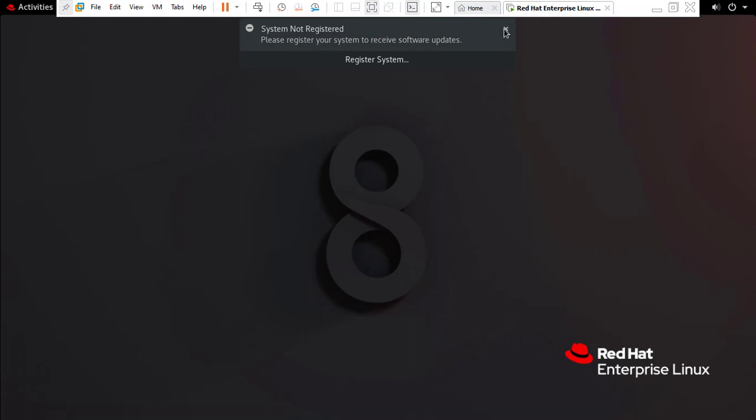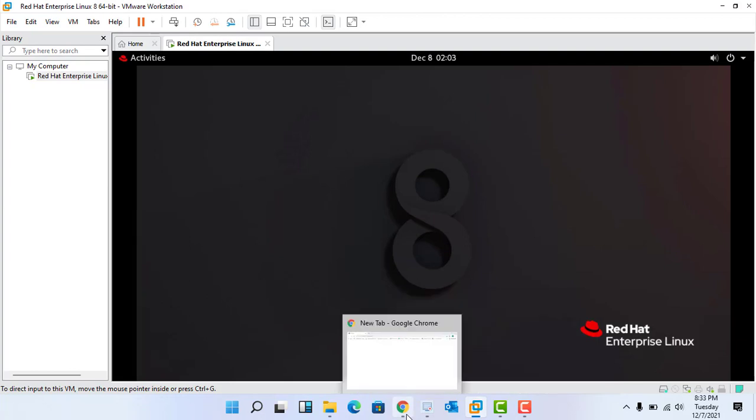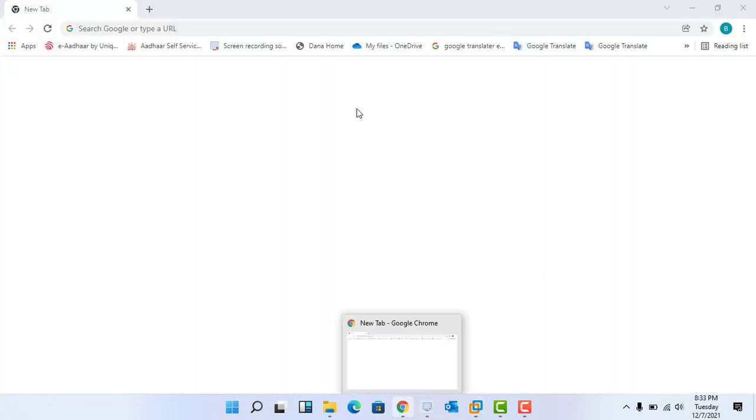And guys, if you don't know how to download Red Hat, I will tell you. First of all you have to come to the browser.